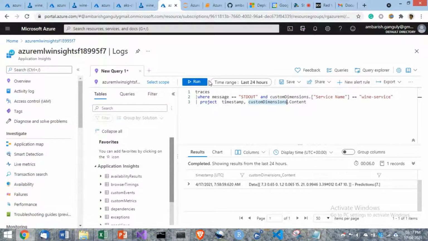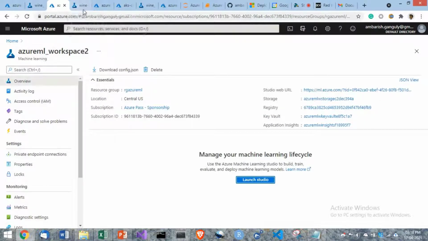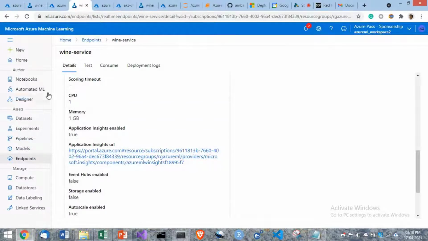So this is what we have done. We started from scratch. We didn't have a model. We built a model. We created a workspace. We created a compute cluster, and then we built the model, registered the model in the workspace, and then the modeling was complete, and then we created the inference cluster. So all of this is in one place.